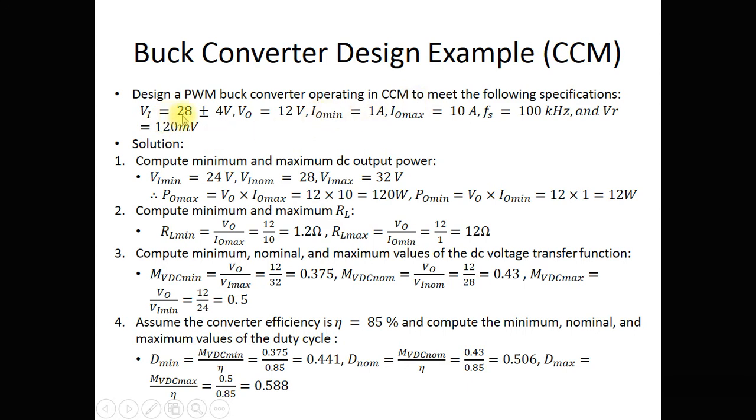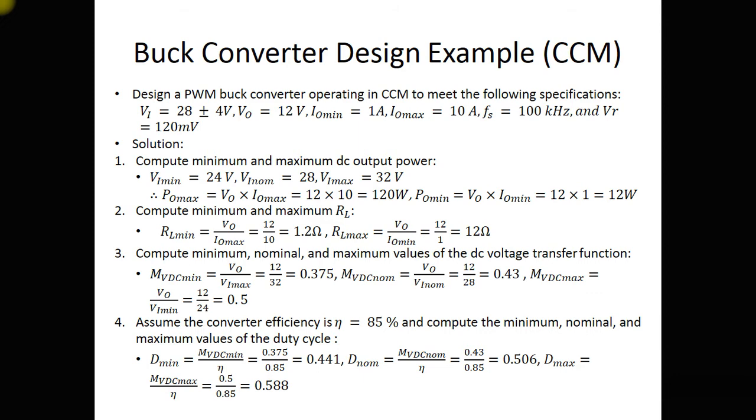So input is 28 volts plus or minus 4 volts. Output required is 12 volts. Minimum current is 1 ampere. Maximum current is 10 amperes. Switching frequency is 100 kilohertz, and the maximum ripple that is allowable is 120 millivolts. So you can use these equations to design